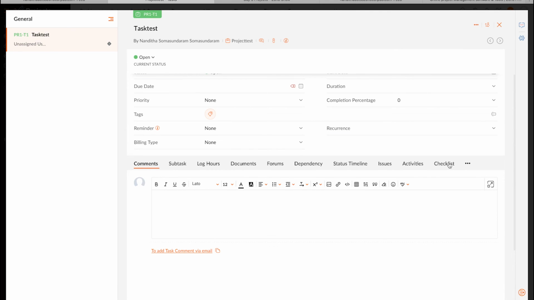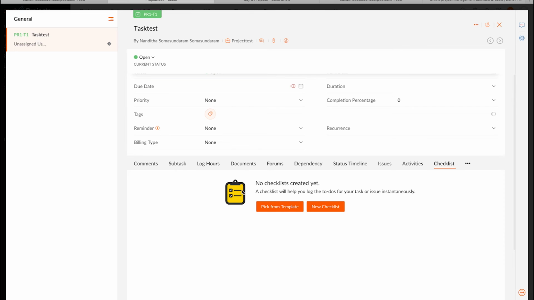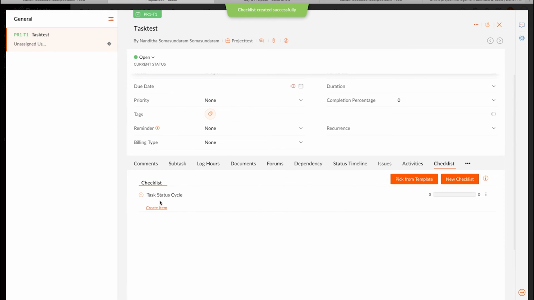So on click of it, we are provided with the options to either pick from a template or create a new checklist. So when you create a new checklist, let's just create a checklist with the name task status cycle. So once the checklist has been created, we can add items to the checklist.